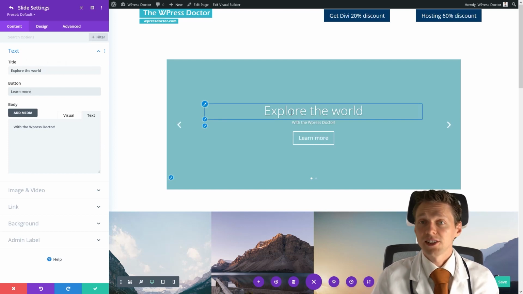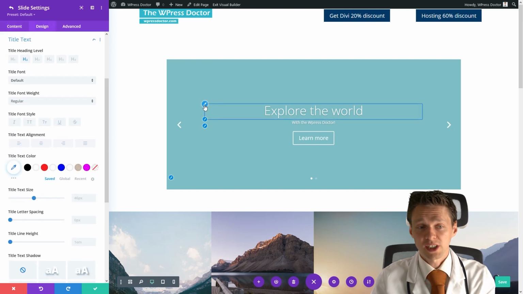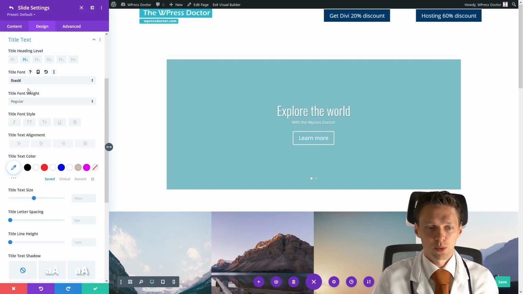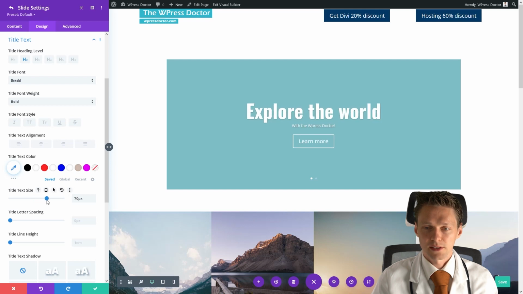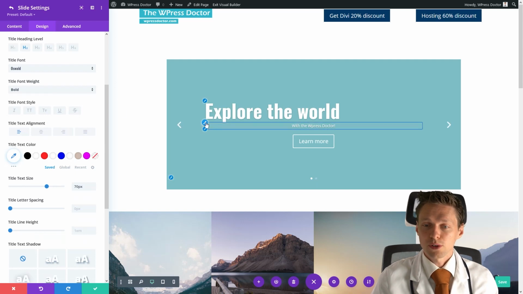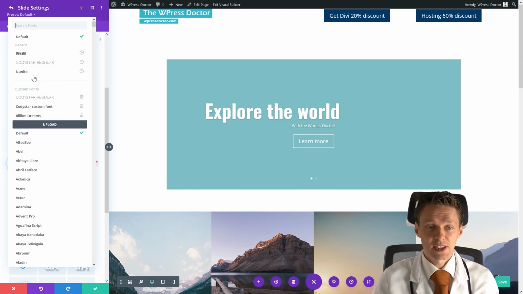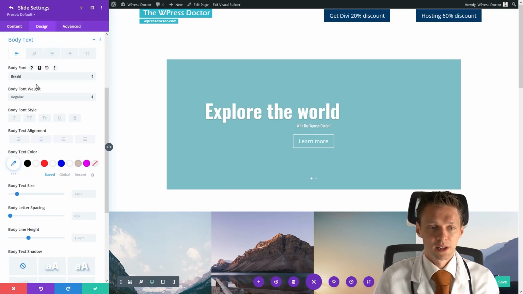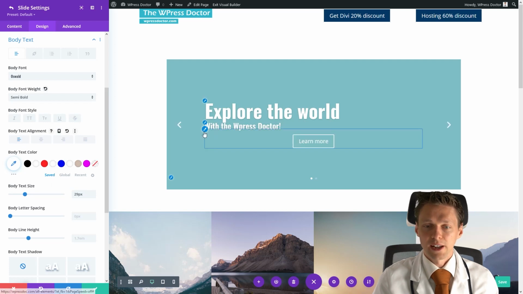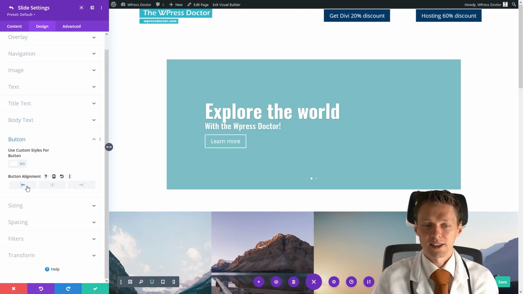Alright, so let's change the fonts. Just press on the brush icon and you can go to this one. Let's make this Oswald, and we're gonna make this a little bit bold, and also the font size, let's make it like this, and we're gonna align it on the left side. Now for the second row, we're gonna also press the brush icon. We're gonna change this also to Oswald. Almost the same, but we're not gonna make it bold. We're gonna make it semi-bold. We're gonna enlarge the text size. We're gonna align it on the left. And also the button, we are going to align it on the left side.